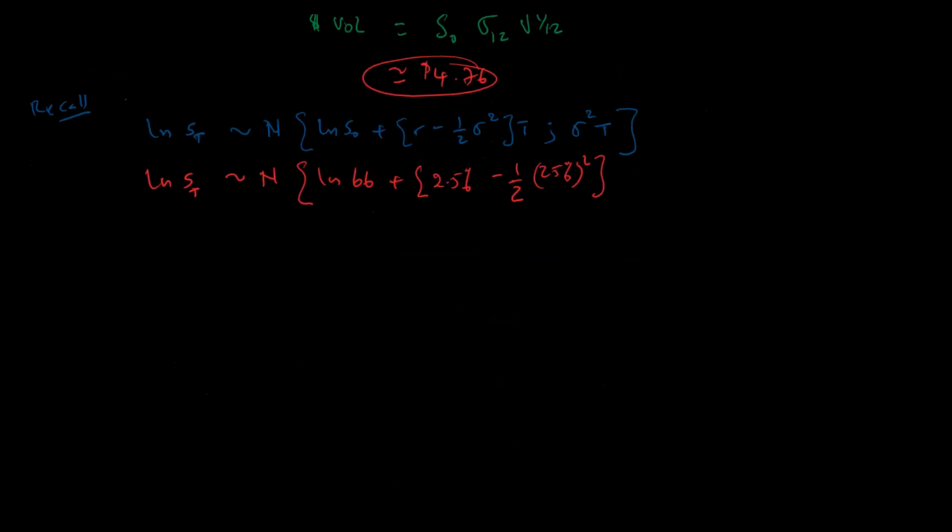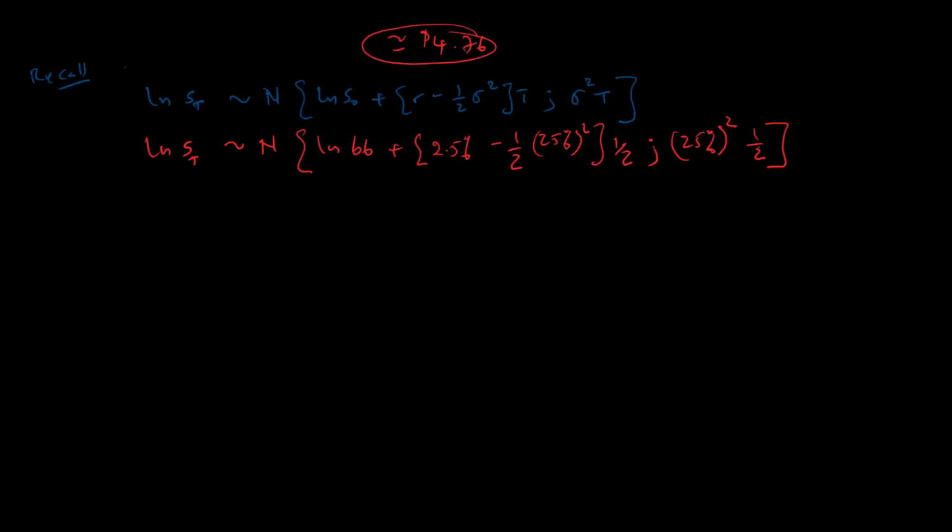So that's 1/2 of a year. We will multiply this by 1/2. Okay, and then our variance would be sigma squared. That's going to be 25% squared multiplied by T, which is 1/2, and that will be what we have there. Alright, so with that, if we were to plug in the values and do the math here, I would essentially do,